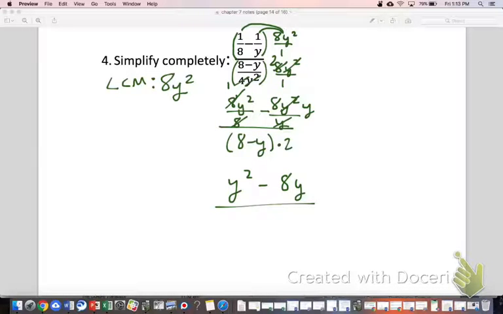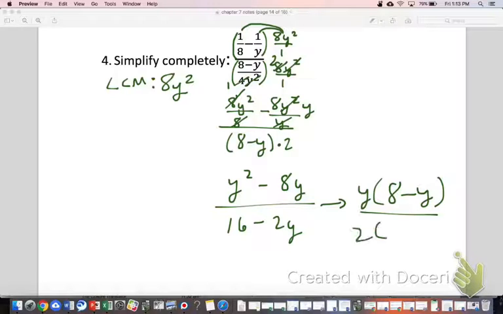And down here, if you want to distribute the 2 like this, that's fine. If you don't, that's fine too. Either way is not going to change your answer. If you want to leave these as factored, like if you wanted to leave this as y parentheses 8 minus y, and this one 2 parentheses, that would be